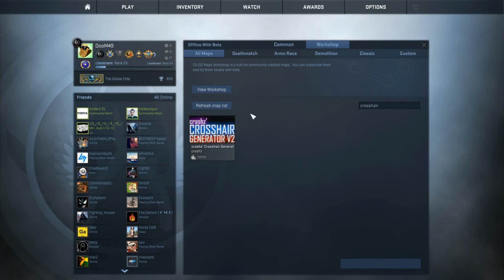But for the most part, we're going to be looking at this, and this is the one map you need to get. You can find it in the Steam Community Workshop. It's Crashz Crosshair Generator. There's a bunch of awesome crosshairs on here, and it also makes tweaking your crosshair a lot easier. And hopefully in this video, I can show you some of the things you're looking for to make